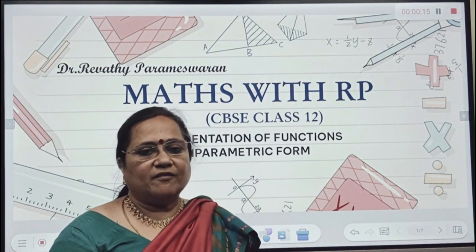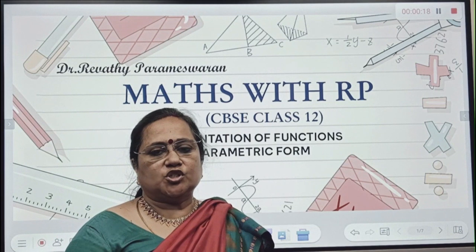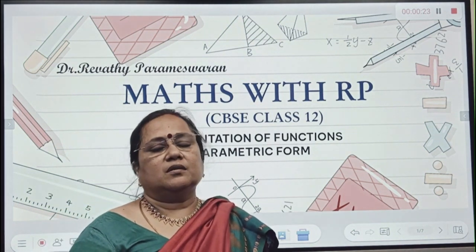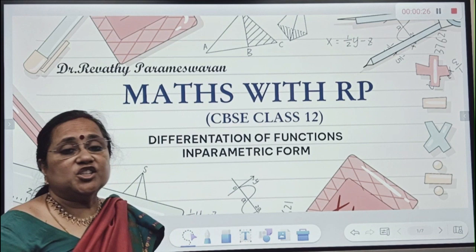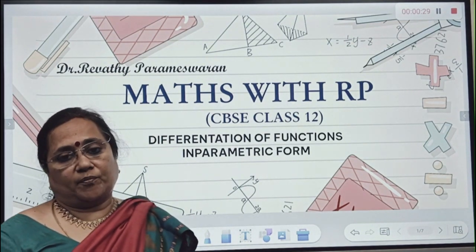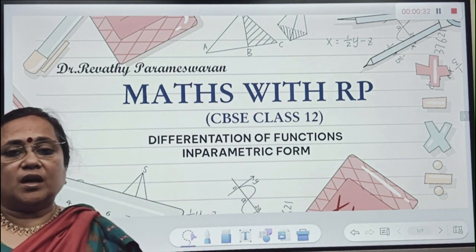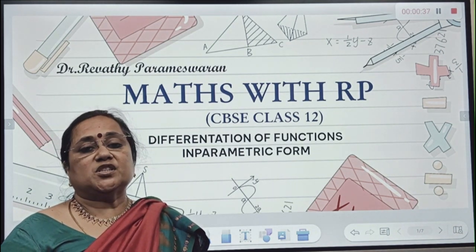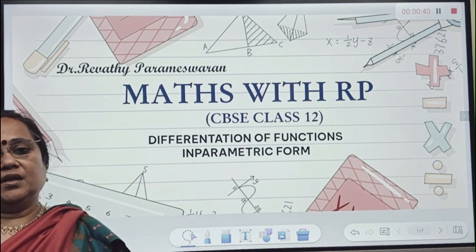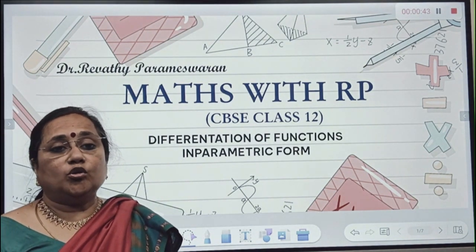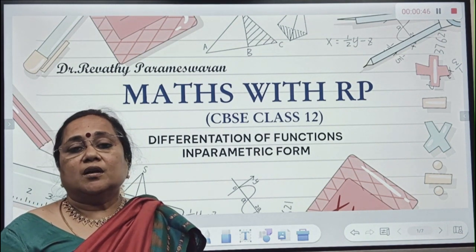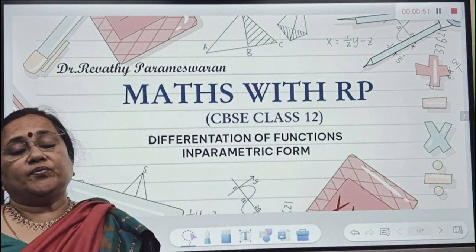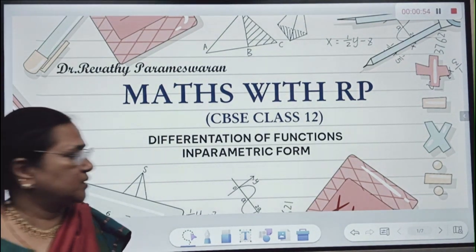We have been working on differentiation of different types of functions using product rule, quotient rule, chain rule, etc. Today we are going to see how to differentiate functions which are given in parametric form. For example, all of you know that r cos theta, r sin theta is the parametric form for a circle. It represents the coordinates of any point of a circle. x equal to at square, y equal to 2at is a parametric form for a parabola. So, when the equation is given in the parametric form, let us see how to find dy by dx.